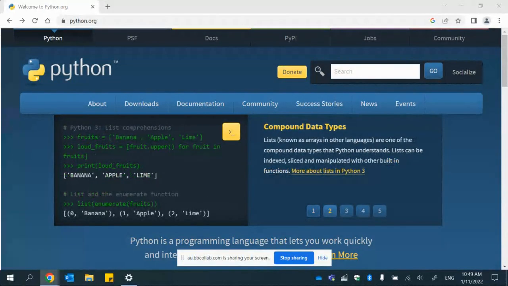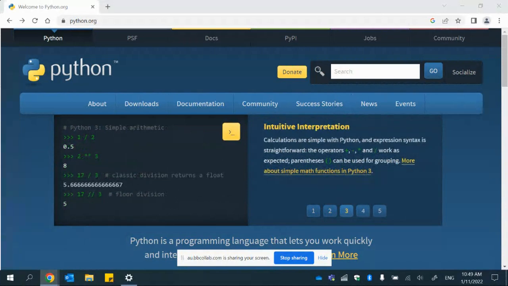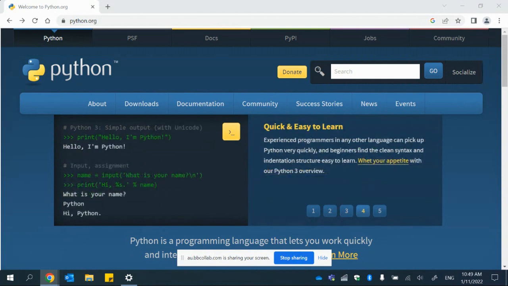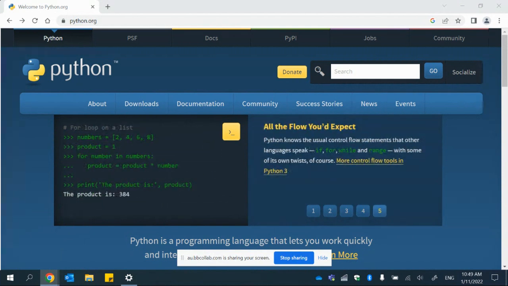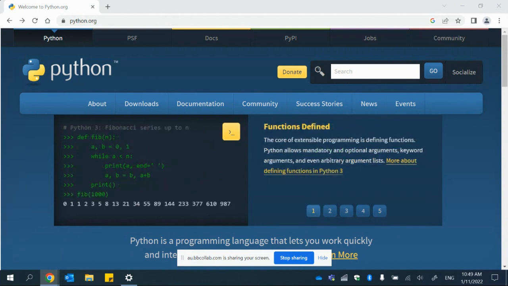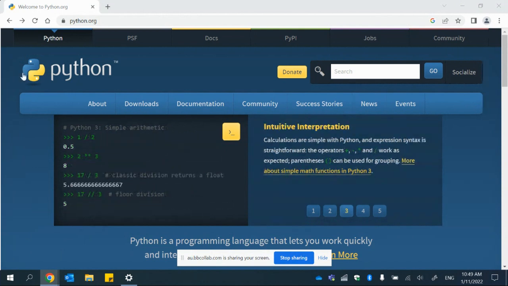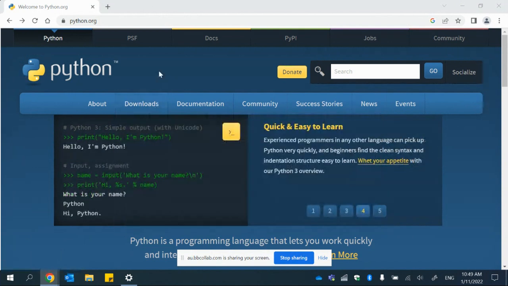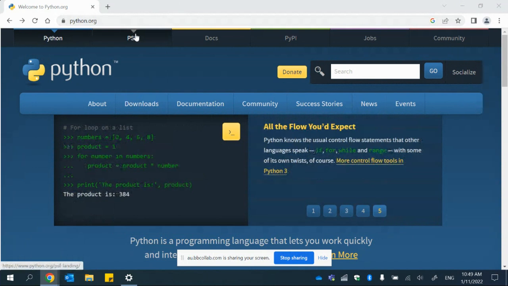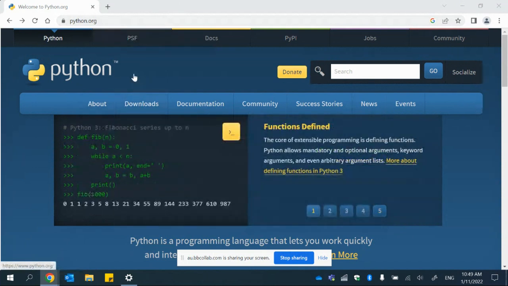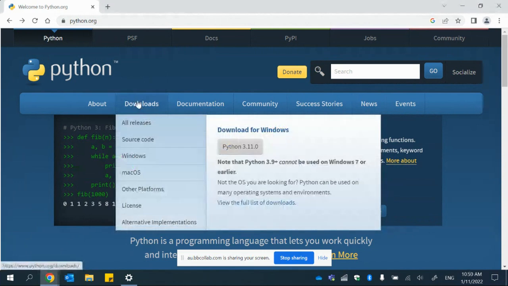All right, so welcome to this short little video tutorial looking at how to set up your coding environment with Python and Kivy. So I've got this new laptop here and I'm looking to get it all set up, and part of that process is adding an installation of Python in so that we can run our Python code. So I thought I'd share it all with you so that you can follow along when you're trying to do the same thing. So if we go to python.org to access the Python installation files and click downloads,